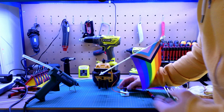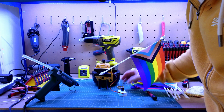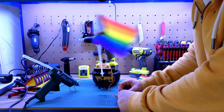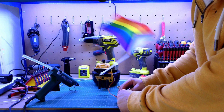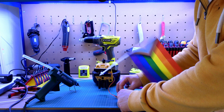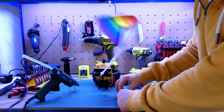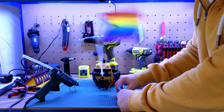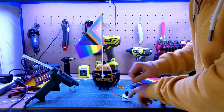It's still hot. Right, so what I've set up here is a quick little servo tester with a hot glued flag on it, which lets me move it back and forth. And as you can see, if I go slowly, this actually works pretty well. It's when I start sort of speeding up that the flag kind of starts going haywire. And if I put it in the middle,